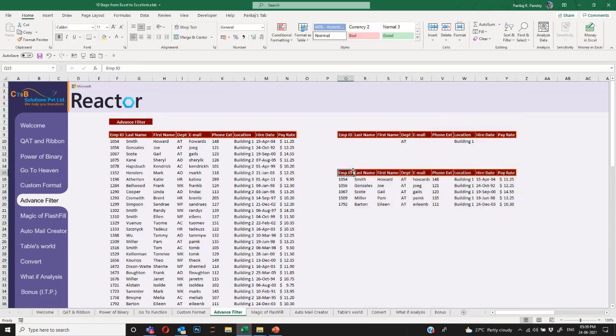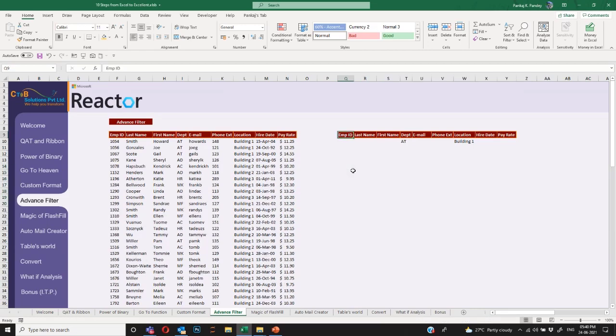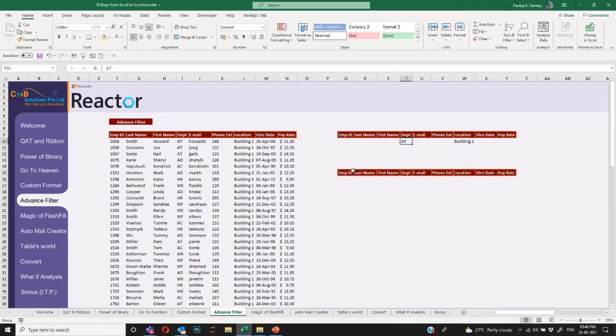And one last thing: as it is about advanced filtering, it does not only apply filters to rows, it can also apply filters to columns. How? That's something a lot of people are not aware of. So for example, I'm just going to delete this data. I'll say I don't need the entire data. What I need, and I'll also change the criteria here.